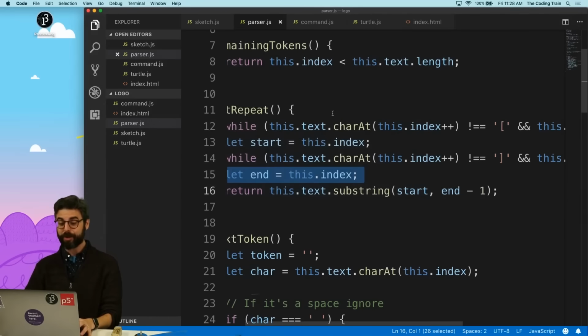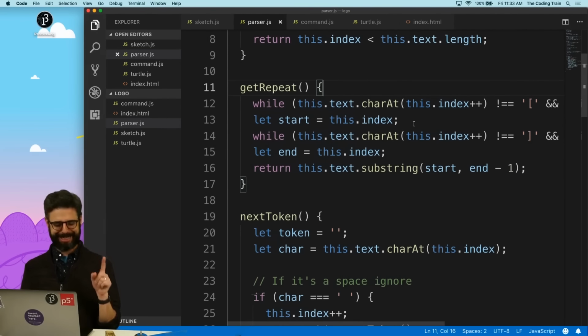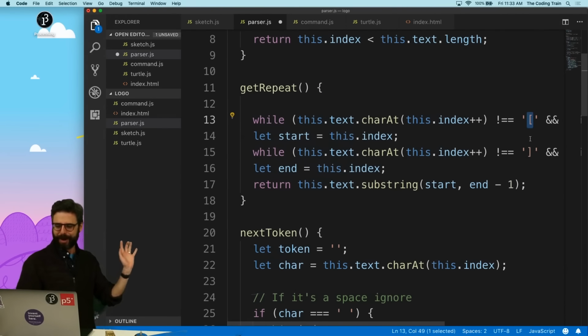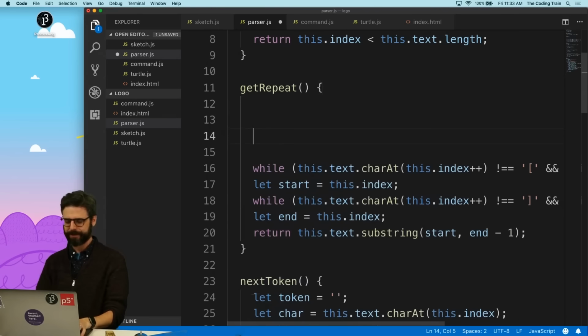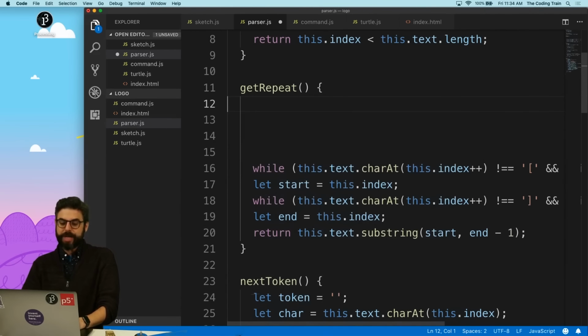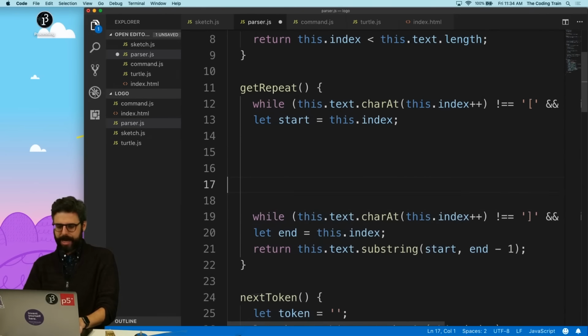So what I really need to do is match the number of brackets. All right, I have a different idea now. What if, I think finding the first one and finding the last one in this weird double while loop way is kind of silly, because all I need to do is keep track of... I do need to find the first one. So let's stick with finding the first one. And then, basically, once I found that first one,